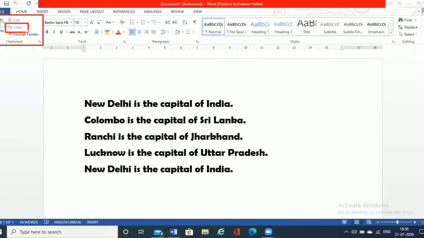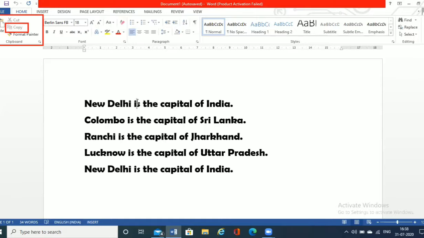So we'll see here how we can do that. For example, the first line says New Delhi is the capital of India. I want this particular sentence to be pasted at the end of this paragraph. So we'll select this sentence.